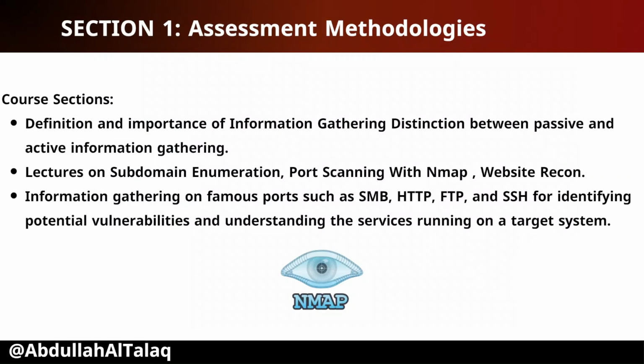The first section, assessment methodologies, is an introduction to information gathering, which is the first step of any penetration testing, and you could say this is the most important because all other phases rely on this step. This course will cover the process of performing both passive and active information gathering by leveraging various tools like Nmap, Sublist3r for finding subdomains, or searching for hidden directories inside web applications with Dirb, and techniques to obtain as much information as possible from a target, like Google dorks, and searching for leaked